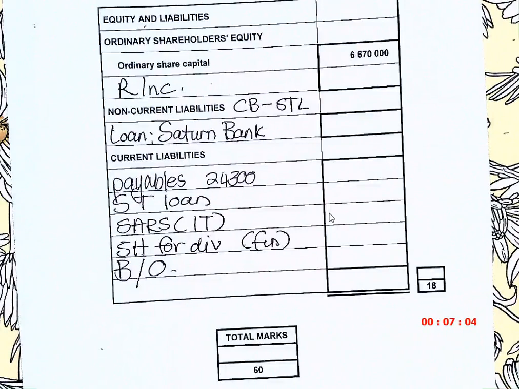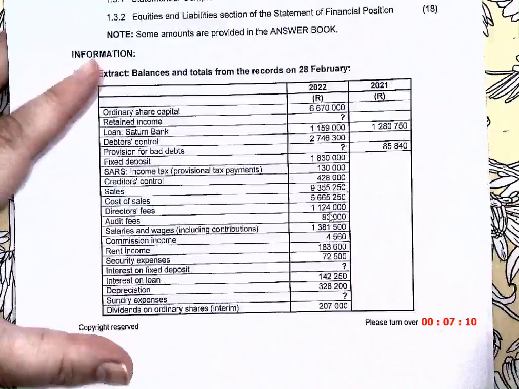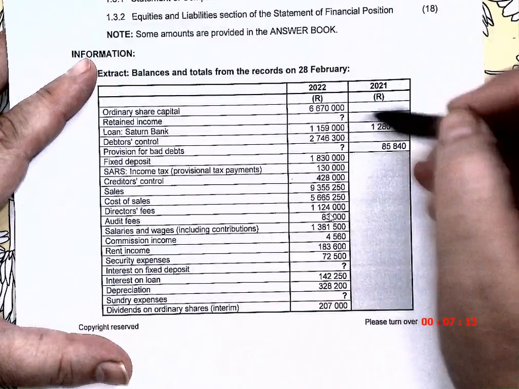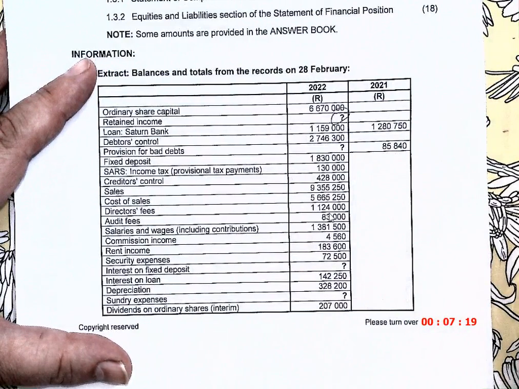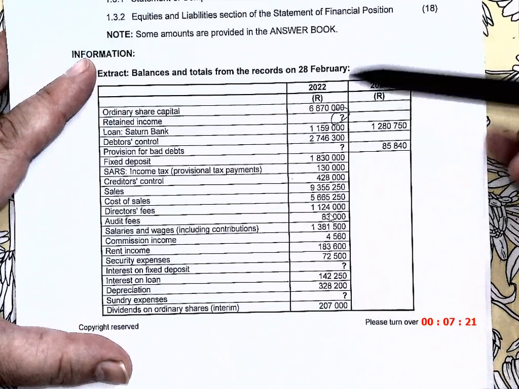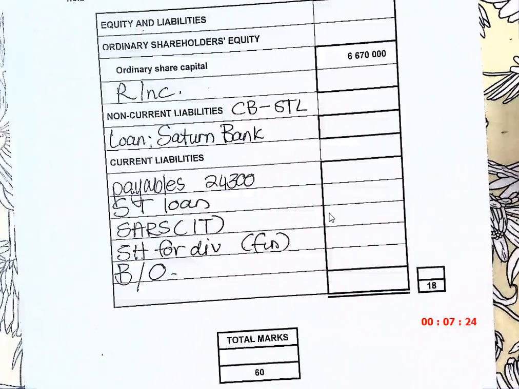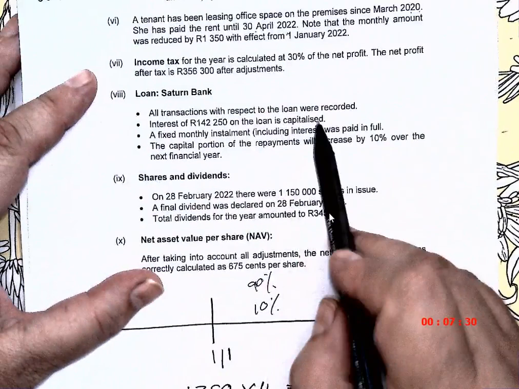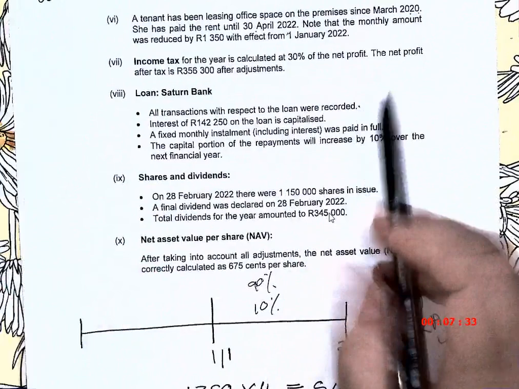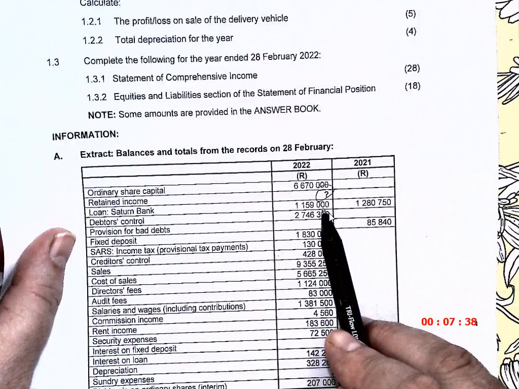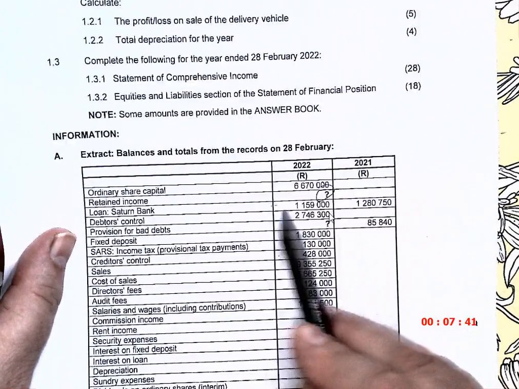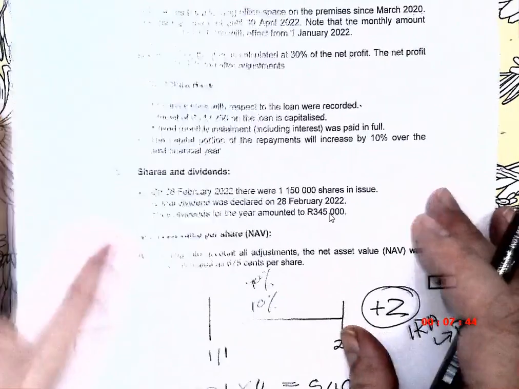Okay, so now let's go look. Was there anything in here? I just go and I repeat everything here. I see retained income. I must still calculate. Did they ask me for a retained income note? No, they didn't. And let's go look. First thing they give me is loan. All transactions were recorded, meaning this is my closing. Am I right? Because they say everything was recorded. So that 1159